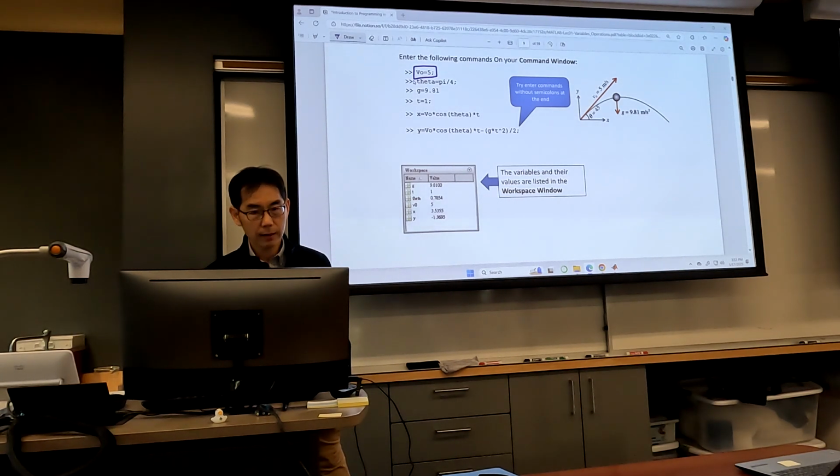now after that you assign a theta variable. So now theta is 45 degrees, so pi over 4, and then your g 9.81, and then I want to know what is my x and y of the ball when time is equal to 1. So that's why I specifically assign 1 into time t. After that, you just write down this equation. Okay? So you call this cosine function, you call this